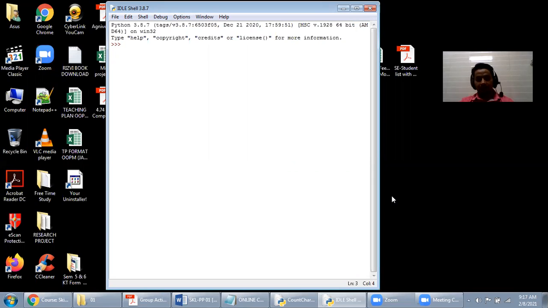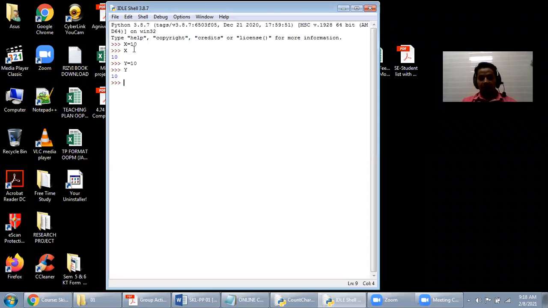For example, in the last lecture we did the program of addition of two numbers. So here we can write x is equal to 10. We press enter. Then if we want to know the value of x, you can also type x, and it will give you the output as 10. Similarly, you can write y is equal to 10. If you want to know the value of y, 10 is displayed.